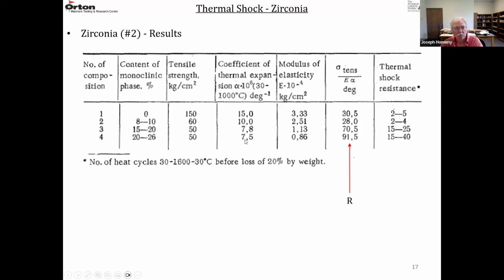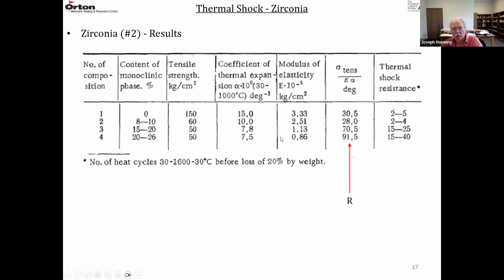Along with the decrease in strength, you have a decrease in elastic modulus. This is times 10 to the minus 4 kilograms per square centimeter. So that decreases with increasing monoclinic content. And then this is the tensile strength divided by the elastic modulus and the thermal expansion coefficient. And that's basically our R parameter. It doesn't have Poisson's ratio, but it is basically the R parameter. So it is increasing with